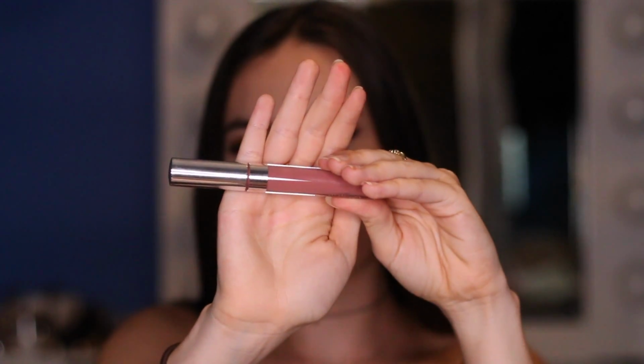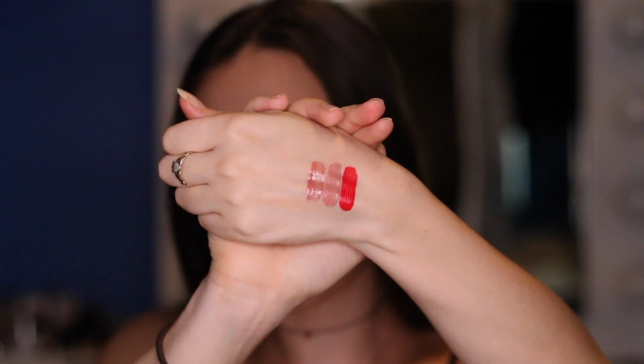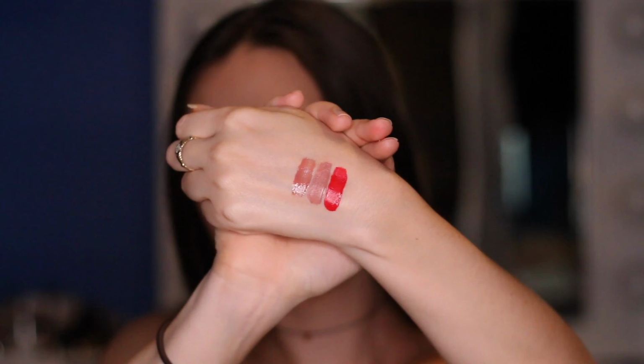Glossy Lip is what I have on right now, and I actually really love it. It's not sticky at all. It gives a nice color to the lips, and I really don't like glossy lips. I don't know why, it's just not for me. I love it on other people, but just not on me. But I have to say, I really, really like this one. And it is supposed to be almost the exact same color as the Ultra Satin, and this is in Aquarius as well. And it is quite pigmented. So you can see it's a little bit more pink and just a tad bit darker, but I absolutely love